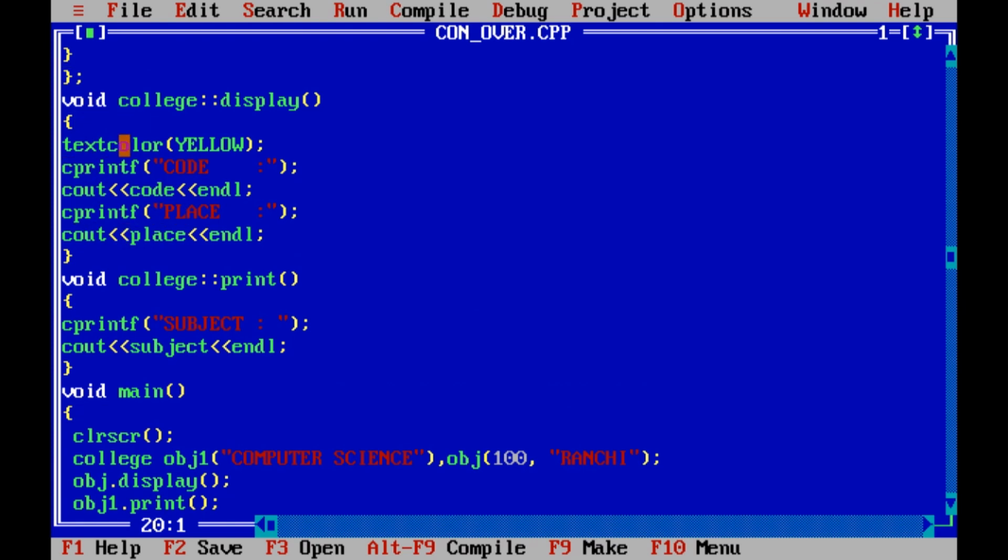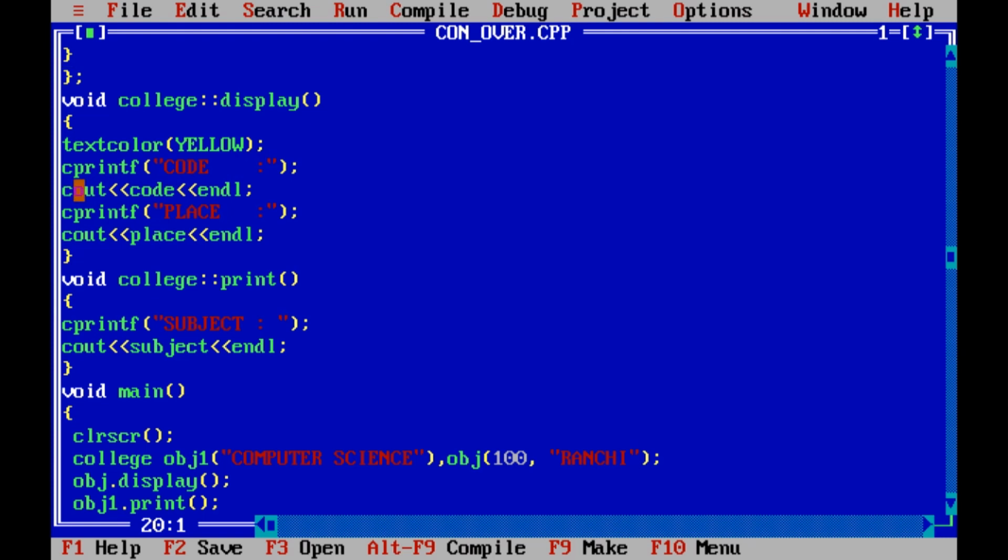So what will this do? Text color yellow will change the color into yellow. With cprintf, whatever we want in yellow, we write inside parenthesis with cprintf instead of cout. Inside the double quotation, whatever we write will be printed in yellow color, because we have set the color as yellow. So code colon will be printed in yellow.